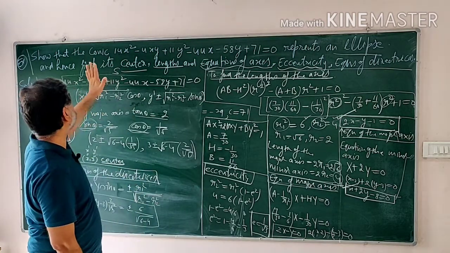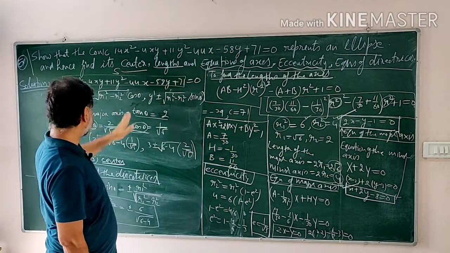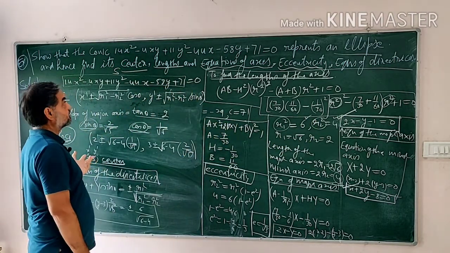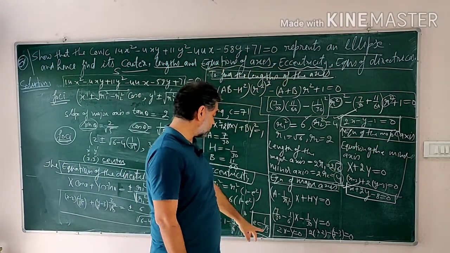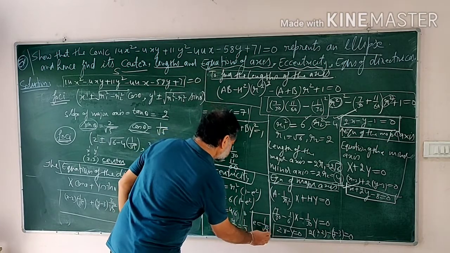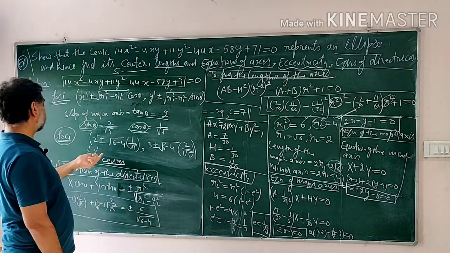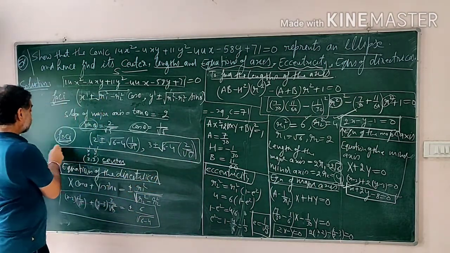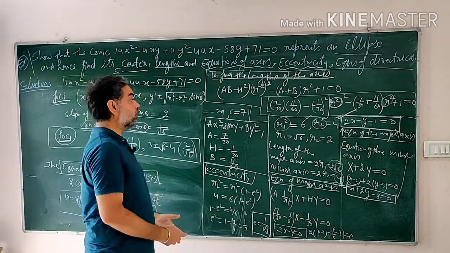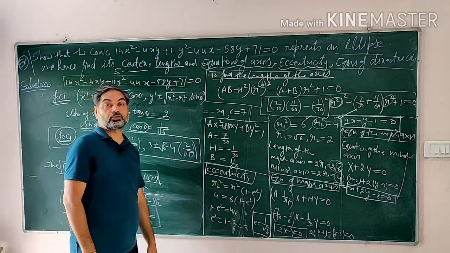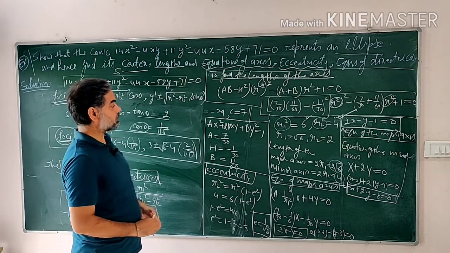So we have found out that this is an ellipse because r1 square and r2 square are both positive. We have found out the center, the coordinates of the center are 2, 3, the length and equation of the major axis, minor axis, eccentricity is 1 over root 3, and the equation of the directrices, and also we have found out the coordinates of the foci. The coordinates of the foci are these, the two focuses. Now we can also trace this conic. So how to trace this conic, that we will do next.